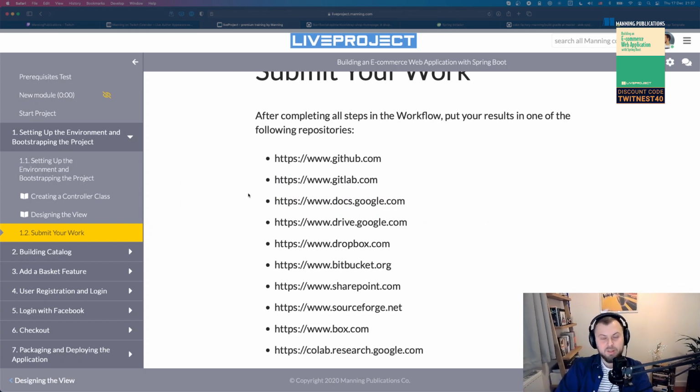And why is it important? Because I said before that the choices I'm making now, like the view technology, the let's say build system, I'm using Gradle, not Maven. These choices are making to align my solution I'm working on now with what is called the reference implementation. So the reference implementation is basically a final version of this application already built by me. And every time when you submit your work, when you submit a certain milestone solution, you're going to get access to the reference implementation, which is kind of my view on that, how I would implement that.